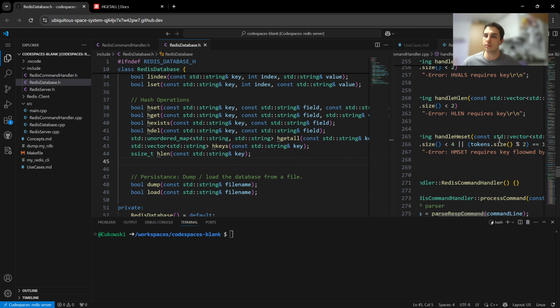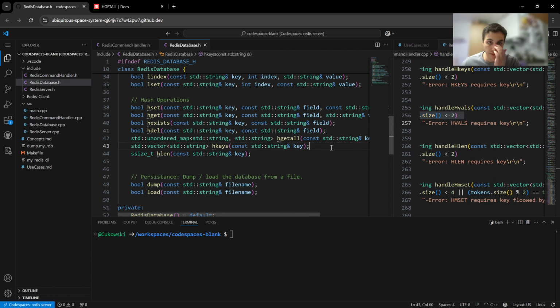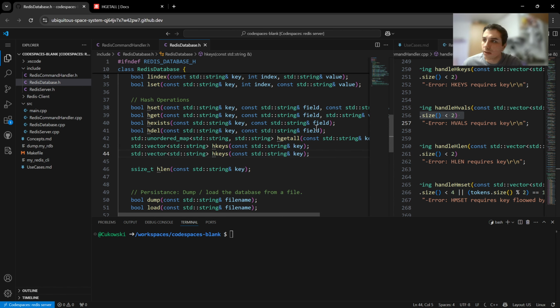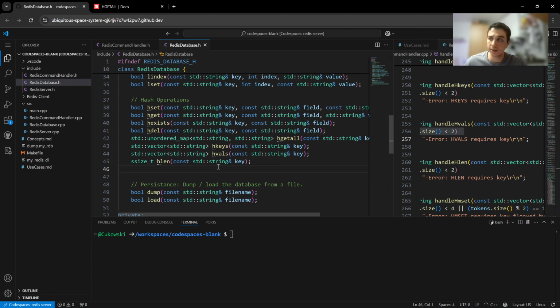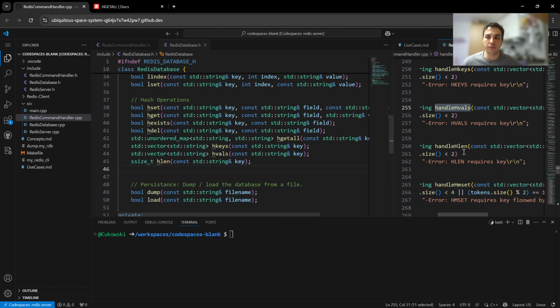And then this one, oh, we missed hvalues, I guess, after the keys, yes. And again, it will be similar to the keys, actually. It will be checking for a key, and it will be returning the values. So it is the same, just a different name. I might make a mistake here, and if I do, I hope I will notice in the future at some point, and I will come back to it. So we have the get all, keys, values, length,